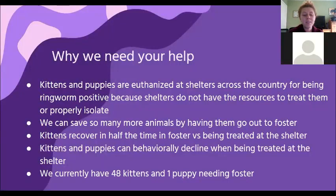If they're only 4 months old and they spent 3 of those months in a kennel being treated for ringworm, that is going to affect them long term. So by getting them into a foster home to where they can get adopted faster because they recover faster is really important. And then also just keeping in mind that these animals, we try to do the best we can in the shelter,